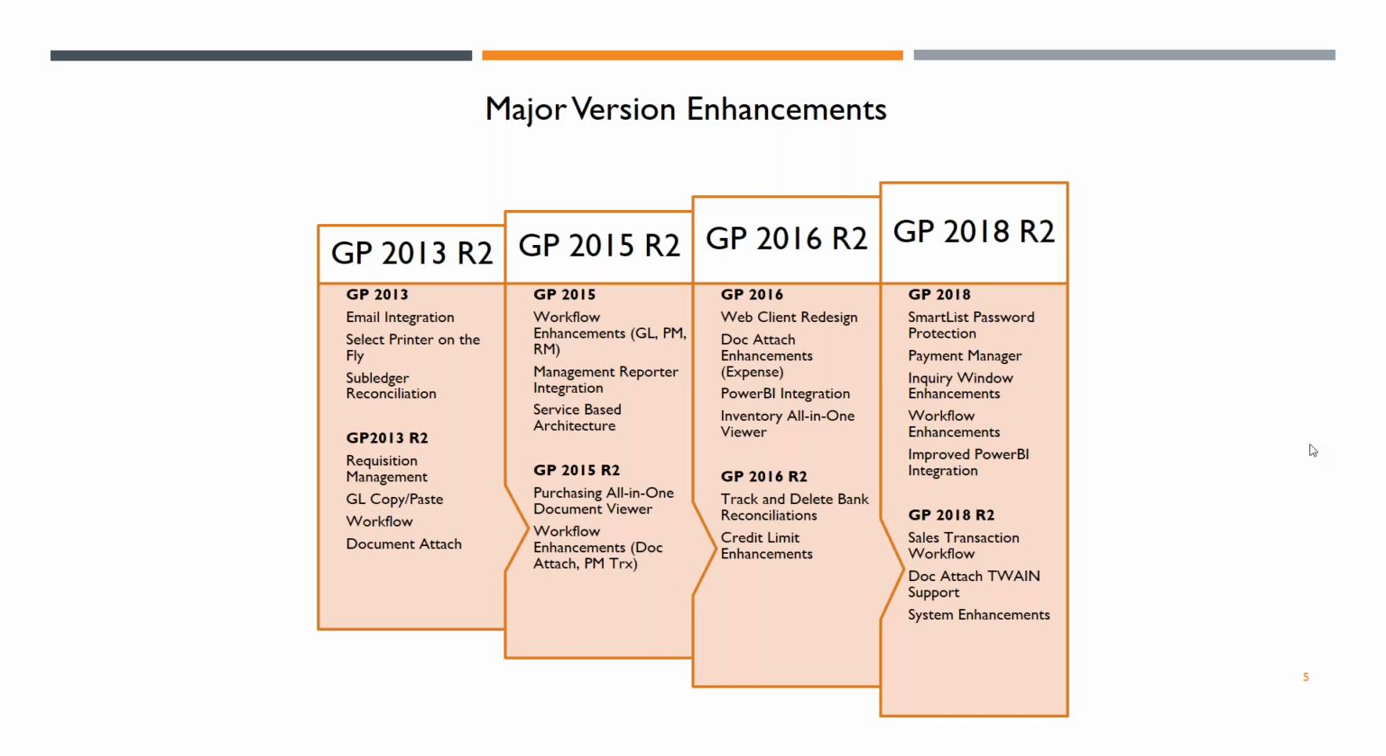And then R2, which is upcoming, so this is not a complete list, but just to give you an idea of what major functionality. So sales transaction workflow, so they're adding a new workflow for SOP. So that doesn't exist now. We have receivables transactions, but not SOP documents, and we'll be getting that in R2,